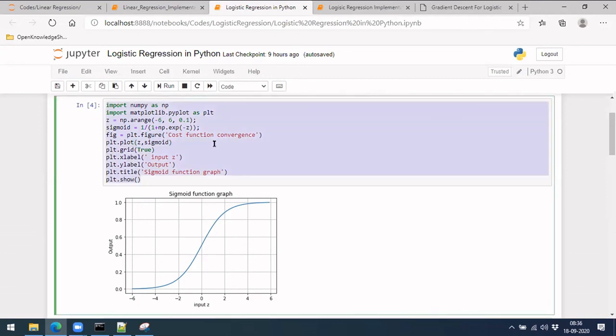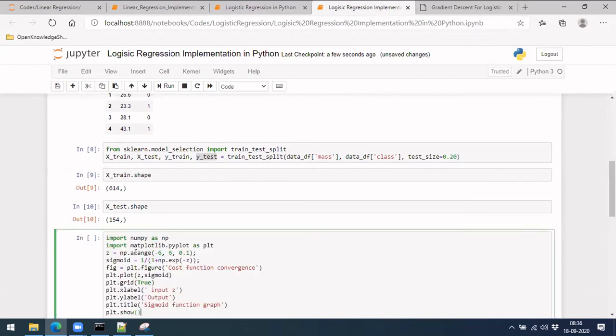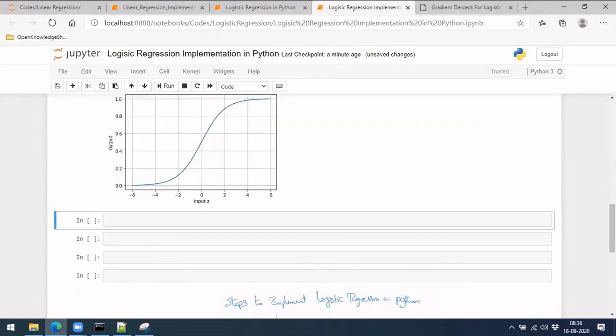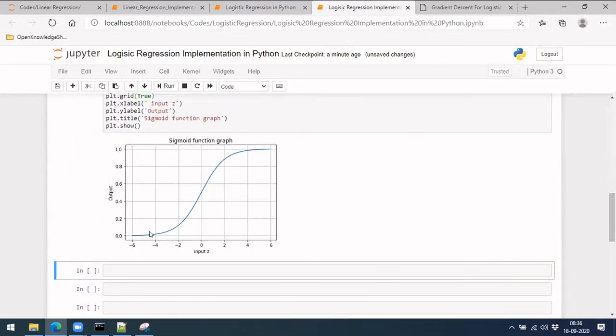Just for our purpose, I'm taking a few values in z and then plotting 1 by 1 plus e power minus x. It has nothing to do with our implementation, just for an idea of how the sigmoid function will look. So now let's start implementing.